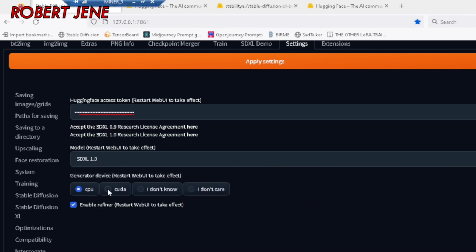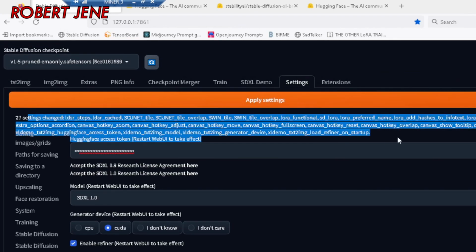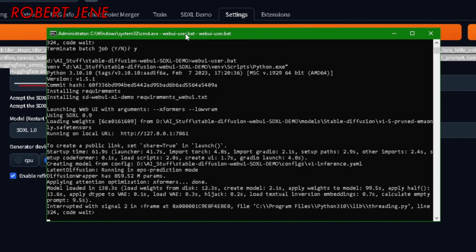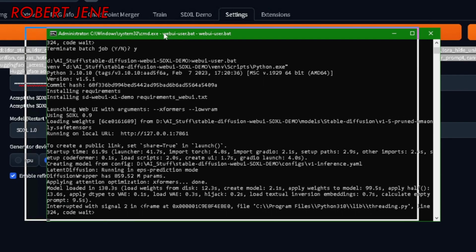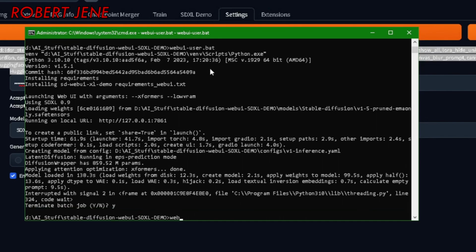But you hit that one there. You change this to CUDA because that's what Nvidia cards have. Make sure Enable Refiner is checked, otherwise you'll have to reload it again. You hit Apply Settings, and you see all this garbage happened. Go back to your console and hit Control-C. It takes a little bit because it's not doing it right away, but I'm pressing Control-C and it's not breaking it. There it goes. You hit Yes to terminate batch job and press Enter,